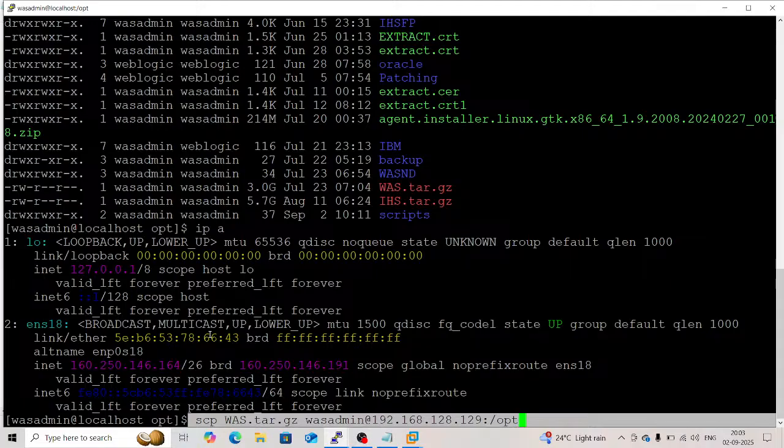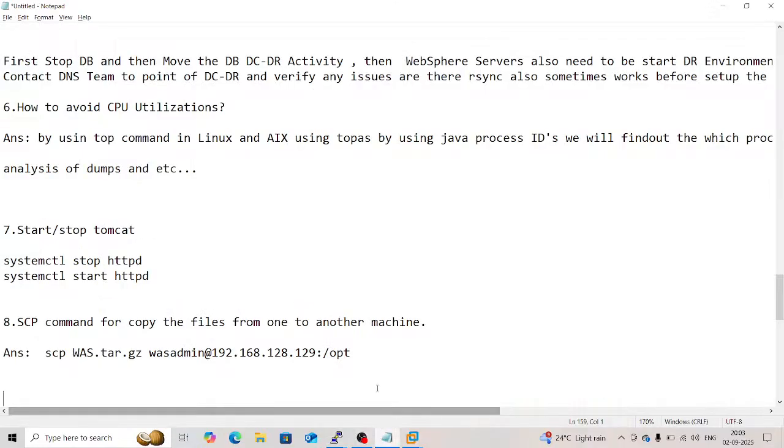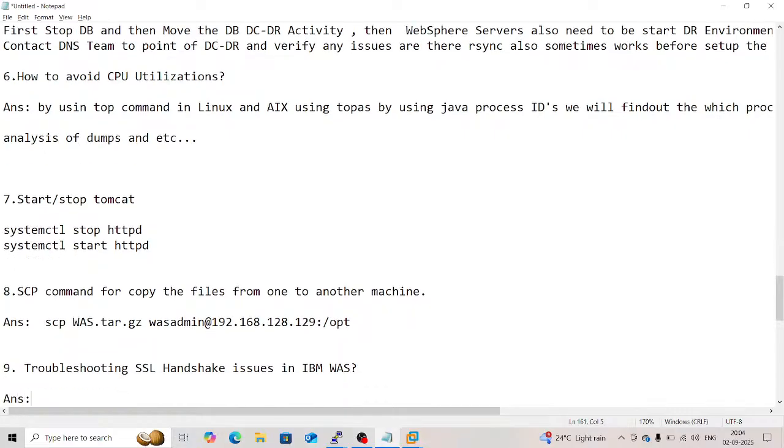Okay, troubleshooting SSL handshake issues, the ninth one. In VAS, SSL handshake failures occur